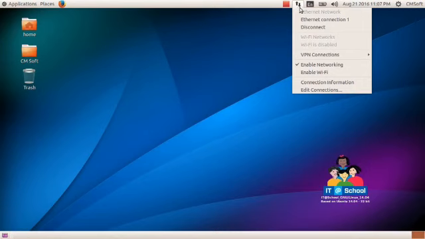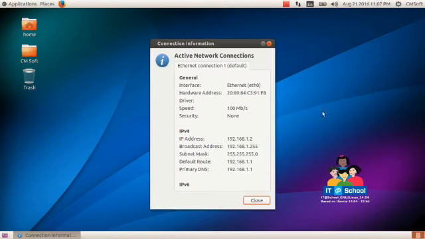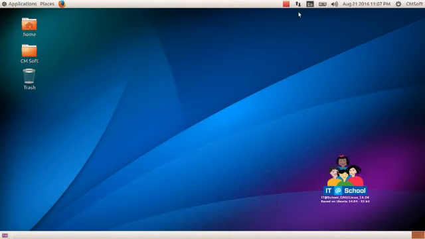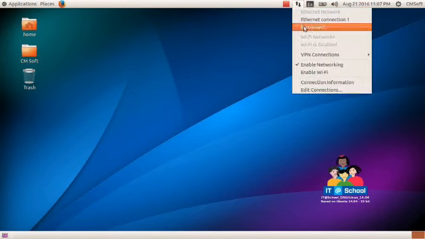If we want to see the changes, go to active connection, connection information. So we can see the changes. When I saw the first network connection information, it was different, and now the information has changed.